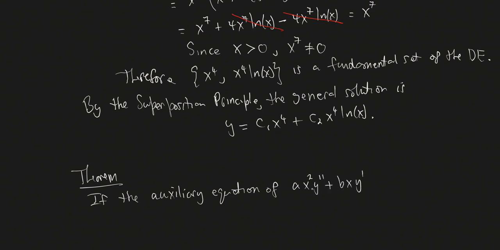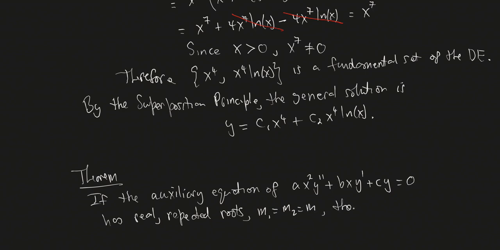So if the auxiliary equation of that equation has real repeated roots, and let's say m1 equals m2, and let's just call it m, then the fundamental set, right? So the fundamental set is,